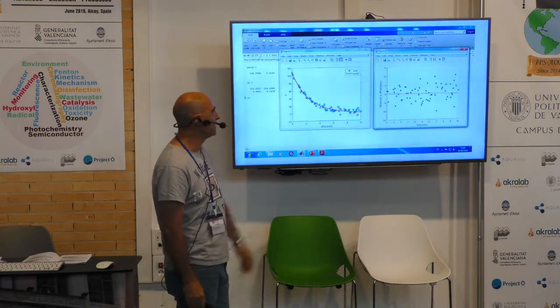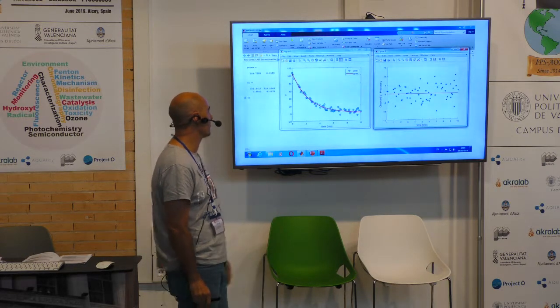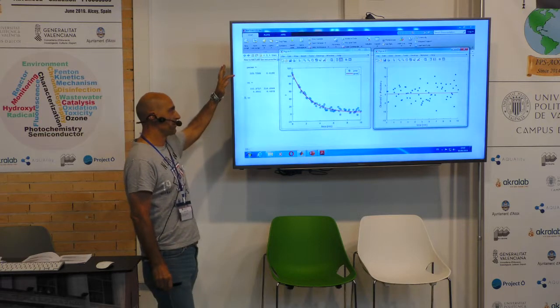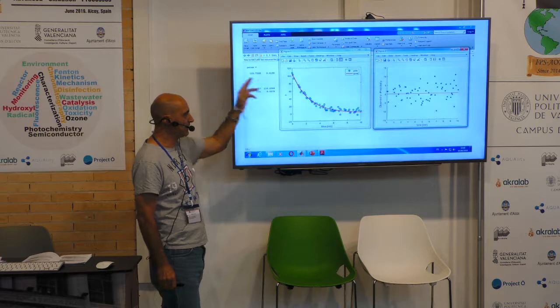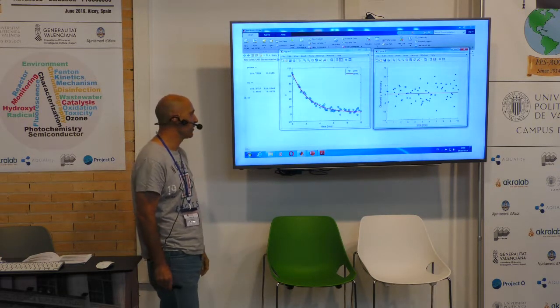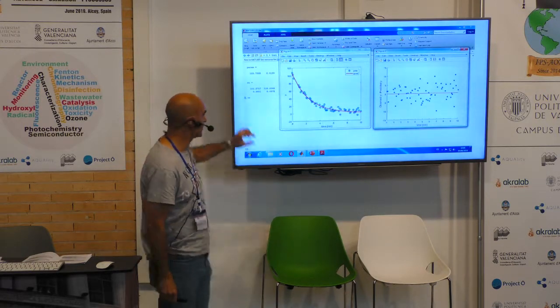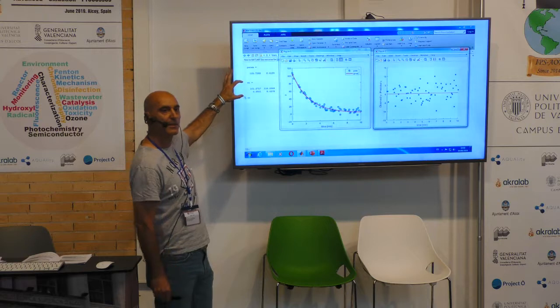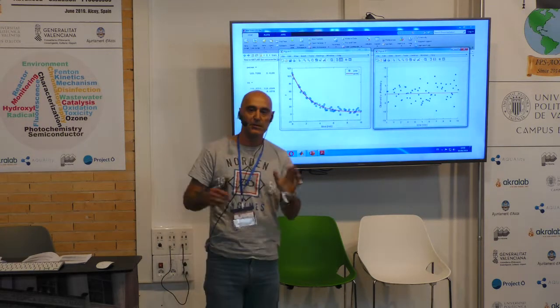So this is an example of how it's working. You have your data, you compare your observed data with your prediction. These are the parameters of the model. In this case, this is the Y0 condition and the kinetic constant. This is only a very simple first-order model. And also, using this method, you can directly get the confidence interval of your parameters. And once you're done,